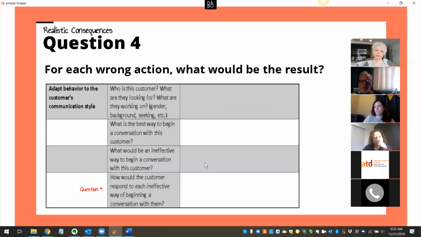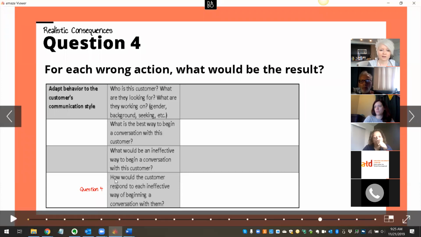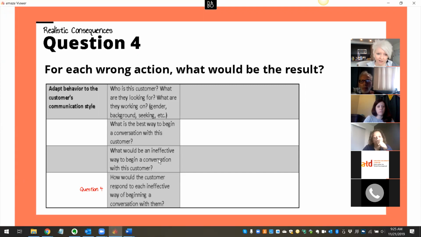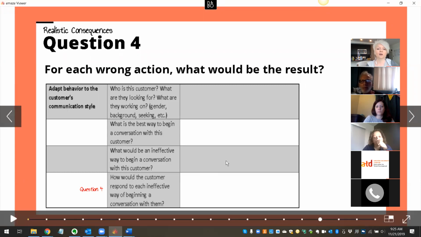And question 4 is our realistic consequence. What would be the result? So here we have, how would the customer respond to each ineffective way of beginning a conversation? So this will get you a start of a conversation with a customer, a little bit of background history, what happens, and the ways that you might start it wrong. Like maybe the subject matter expert might write in here,